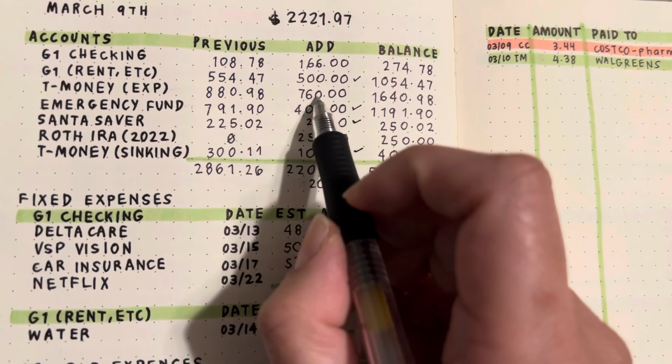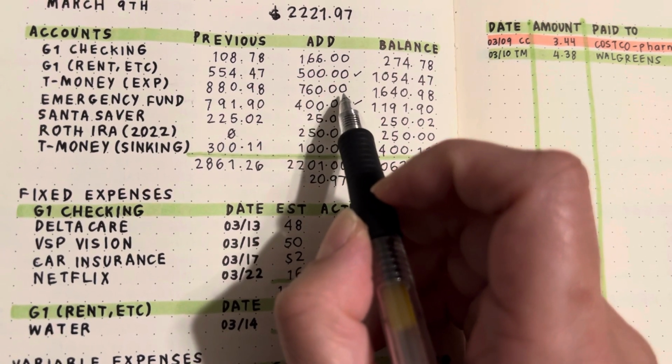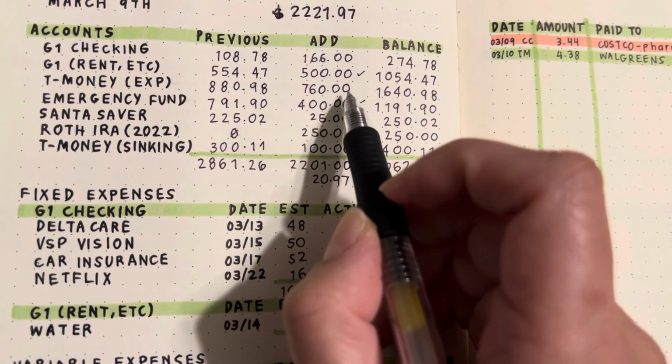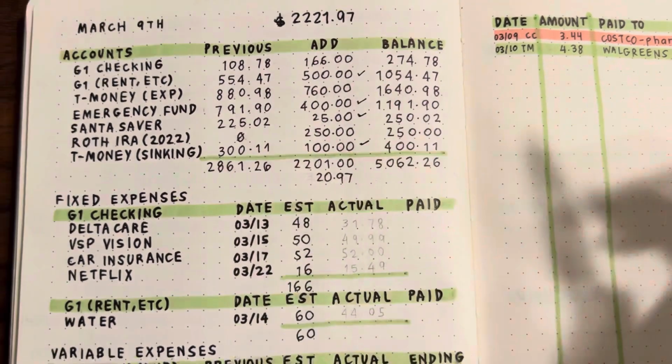So this one, I don't know why that takes a while. It'll probably post overnight, like 4 in the morning or something. And of course that one just stays there. So